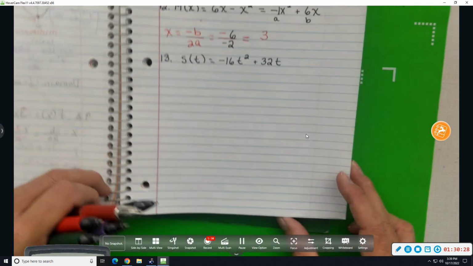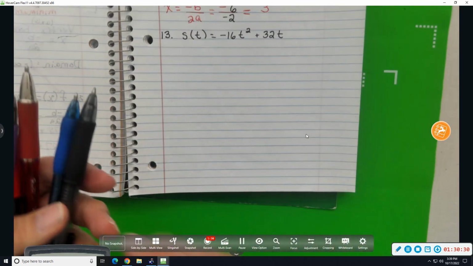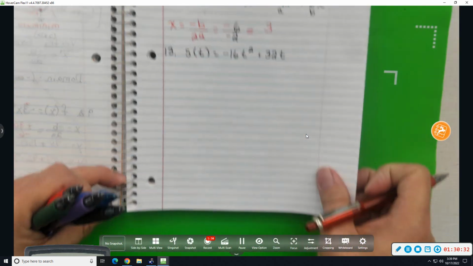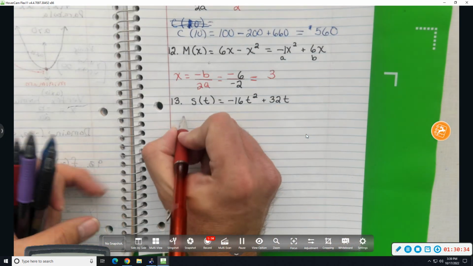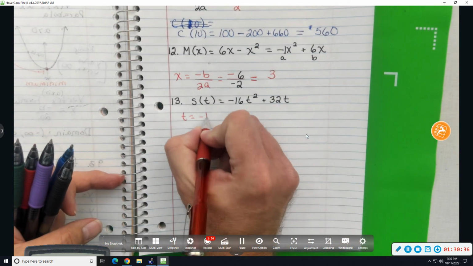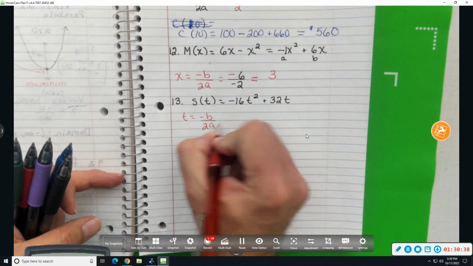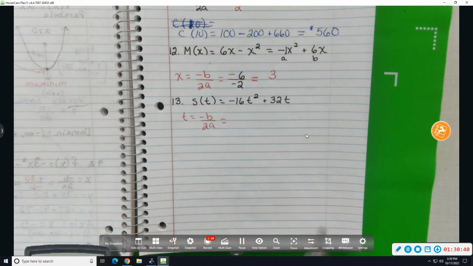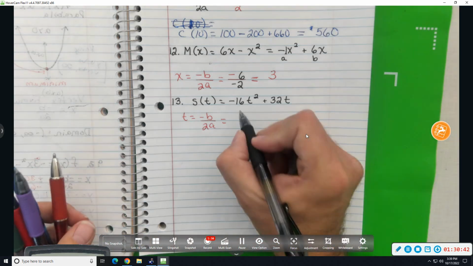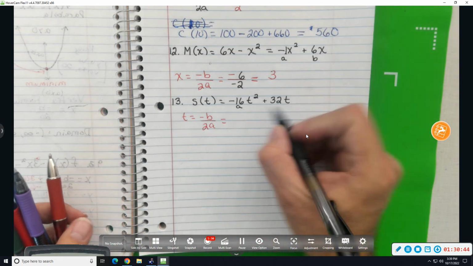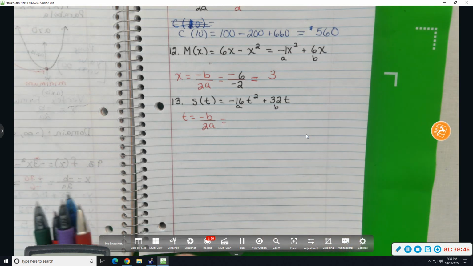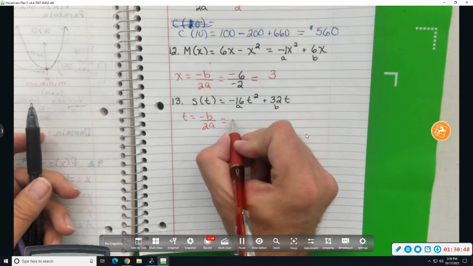So let me write. T equals minus b over 2a. Hey, I didn't label a and b, so let me do that. A is negative 16, b is 32. So we have